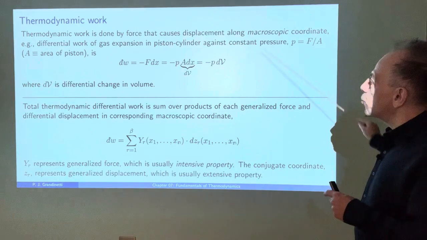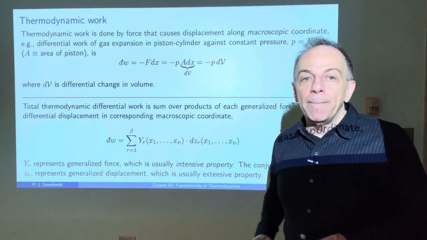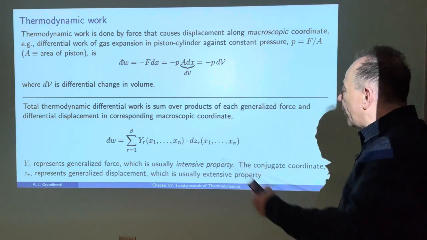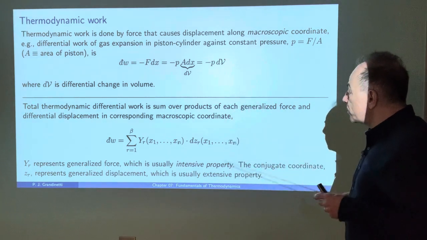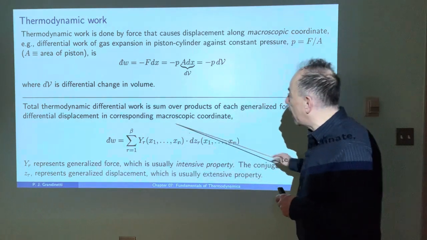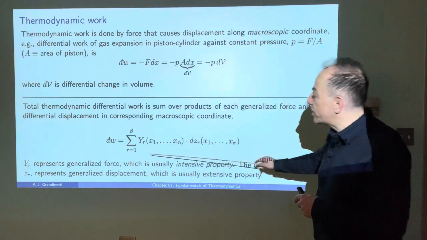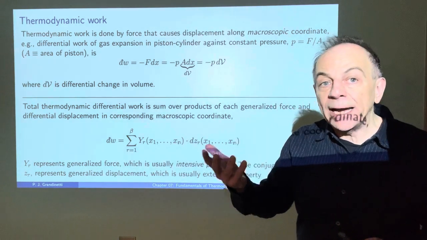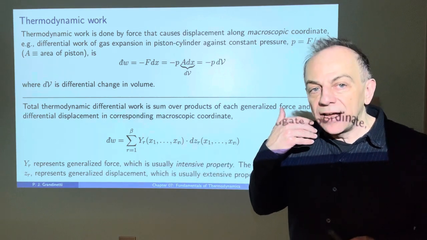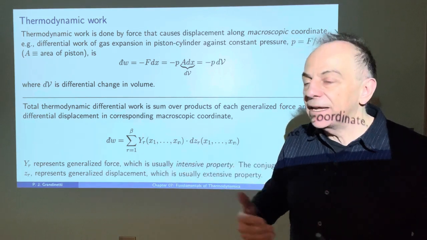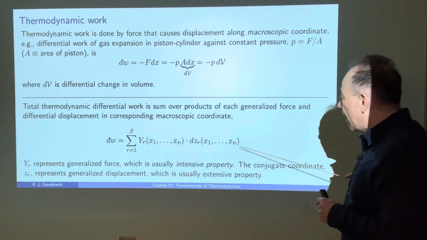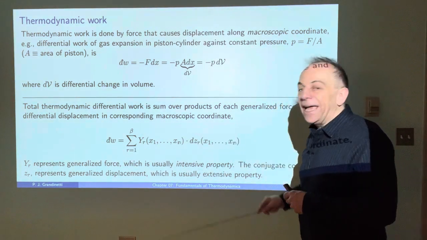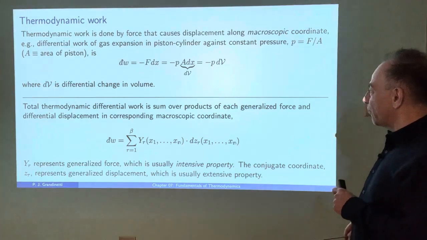Okay, so that's just one example, but there are other types of macroscopic coordinates, as I showed in the previous slides. So generally what we can do is we can look at all of those macroscopic displacements. So I'm going to write a more general equation where I do a sum over all the possible ways in which we can observe thermodynamic work, displacements, generalized forces that cause displacement in macroscopic coordinates. And we can write them in this general form here, and we sum over 1 to beta. Beta is the number of generalized